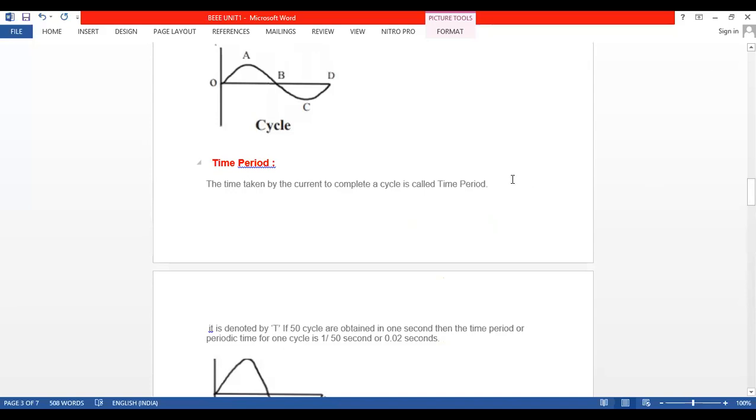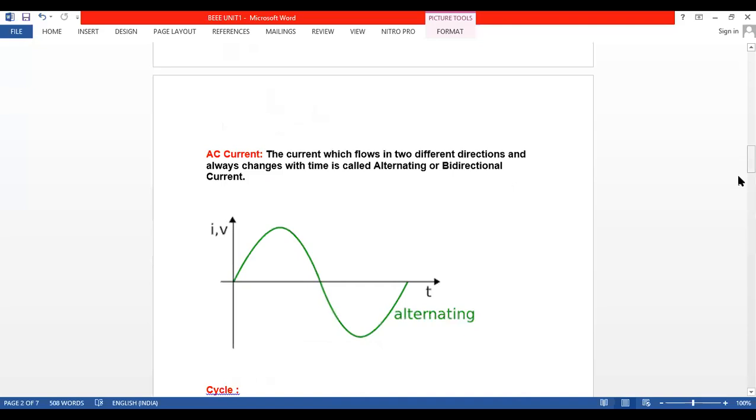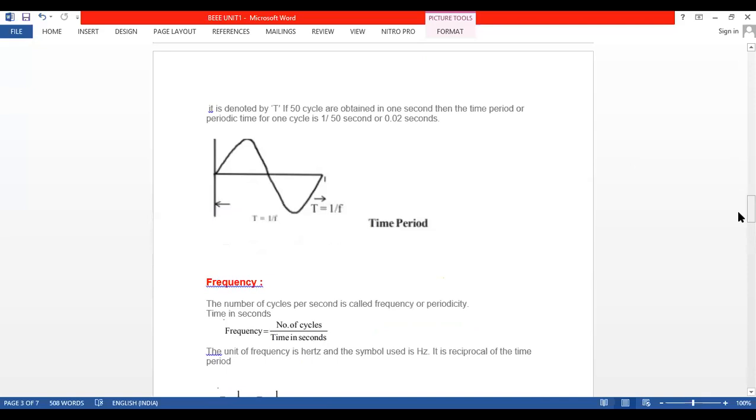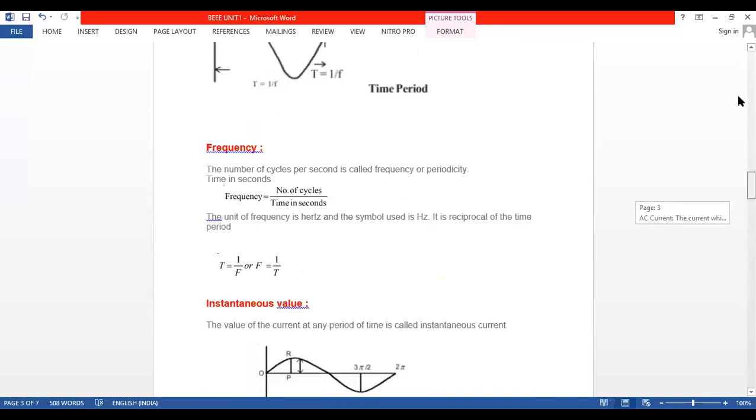Now I'm telling you about a robot, a practical example. The robot is moving, it is walking, it is rotating. So which current does it take? The robot takes DC if it is constant, it is powered by DC. But for the rotating operation, it requires AC current. So remember, AC current. These are the definitions you can study.